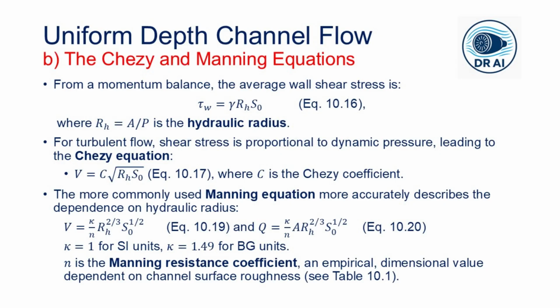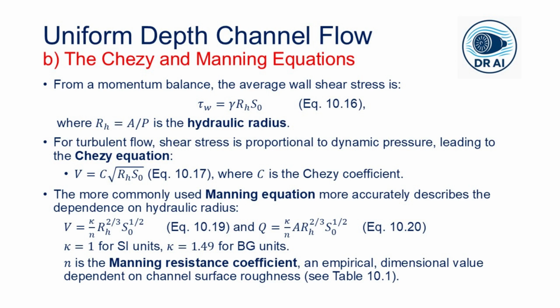So this confusion led to the equation that is still used worldwide today, which is the Manning equation, developed by Robert Manning in 1889. It is given in this particular equation as V is equal to hydraulic radius raised to the power 2/3 multiplied by the square root of the slope, divided by n. Here n is the Manning resistance coefficient, and it is an empirical parameter that represents the roughness